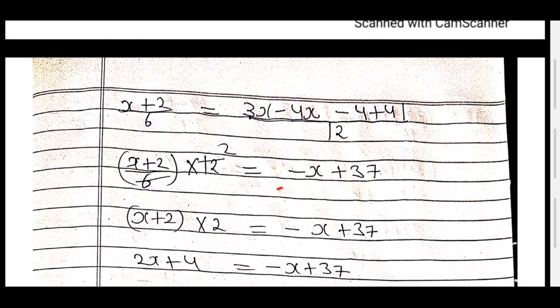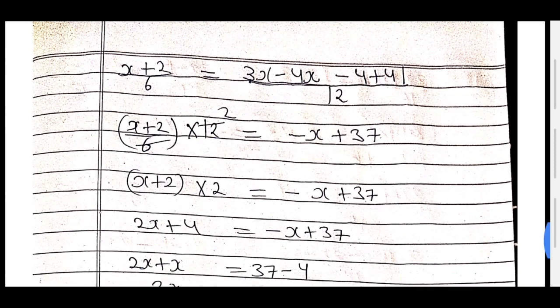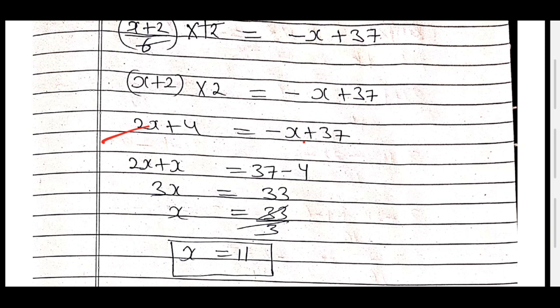Now when you add, you get minus x, and minus 4 plus 41 you get 37, and this 12 here in multiply goes to this side as divide. Now just cut 6 to the 12. Now what you get? Multiply 2 by x, you get here 2x, and 2 by 2 gets here 4, and here as it is minus x plus 37. Now just do arrangement. 2x comes this side, becomes plus, this comes this side as minus, it becomes 3x is equal to 33, then x is equal to 33 by 3, it becomes 11. So 11 is your answer.